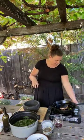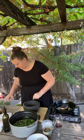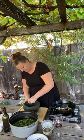And I forgot to say that when you cook your beans, if you have a Parmesan cheese rind, you can just throw that in there and it'll give it this extra lusciousness. That wasn't on the recipe, but it's really good. So yeah, never throw away your Parmesan rinds. Exactly. Never. So I just want to crush that garlic up,